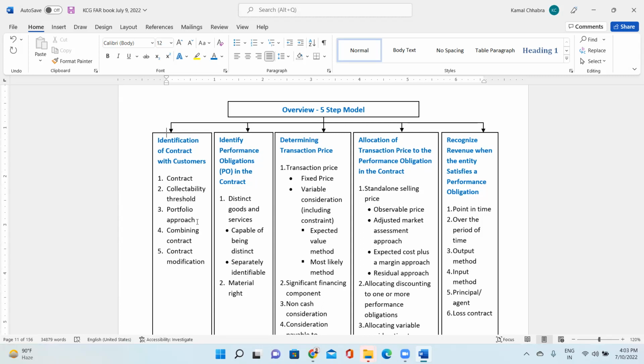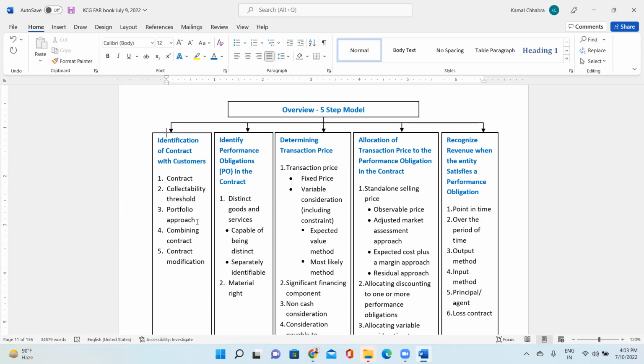Next is, in the determination of transaction price, the financing component. Significant financing component, not the small or routine financing component. For example, in my normal business, I give 30-day credit or 60-day credit for any sales. Let's say I have a showroom of LG, and I give everyone 30-day credit who buys more than $1,000 of stuff from my electronic shop.